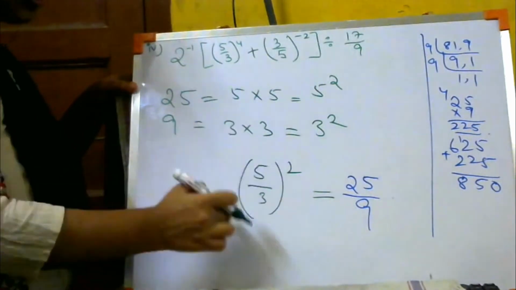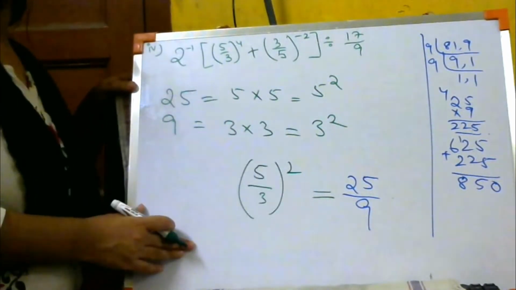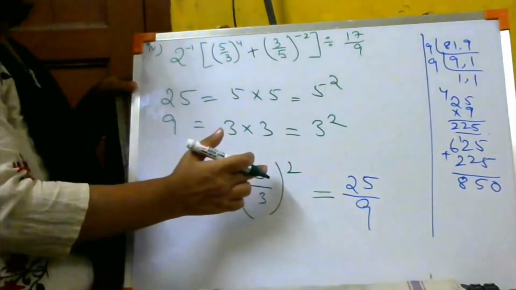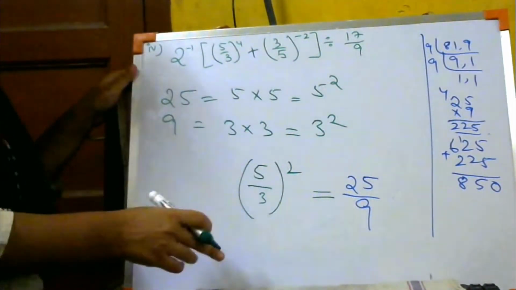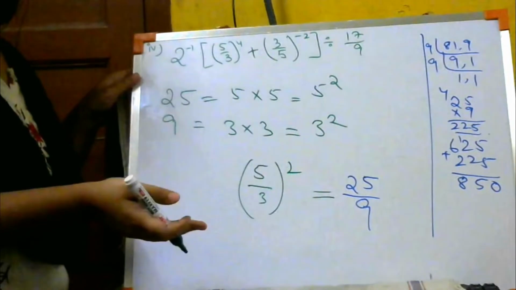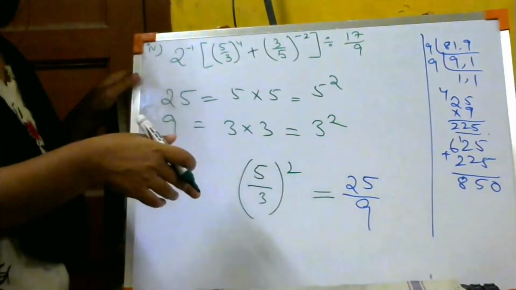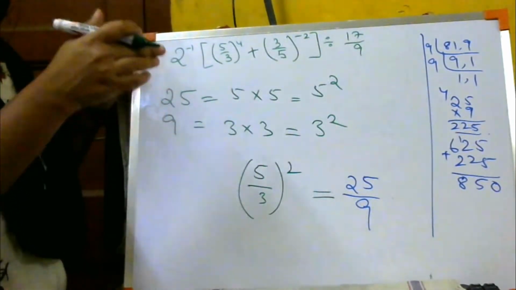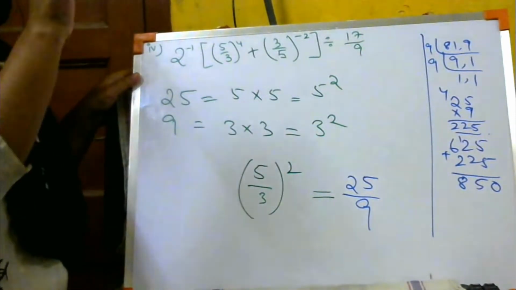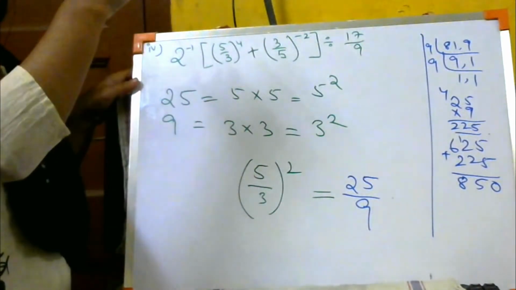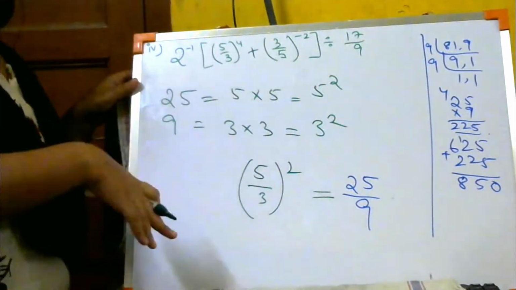So we put the whole thing in the bracket and wrote only the square outside. So this square belongs to 5 also, 3 also, isn't it? So now I have to change this power into a negative sign. So what did we do in the previous sum? We did p by q to the power minus m equals q by p to the power only m. So if we again have to make m into minus m, what do we do? Again we are going to reverse the number.